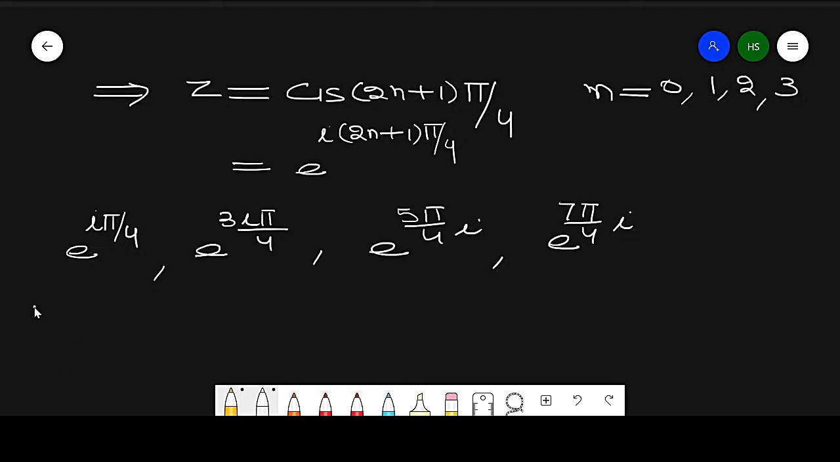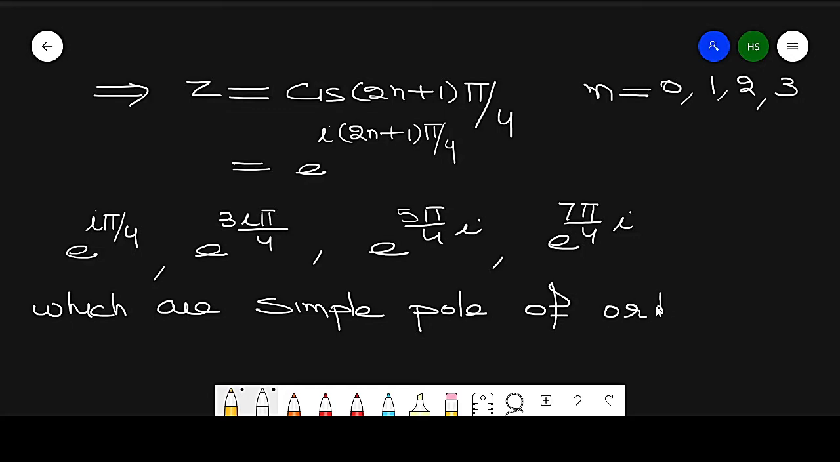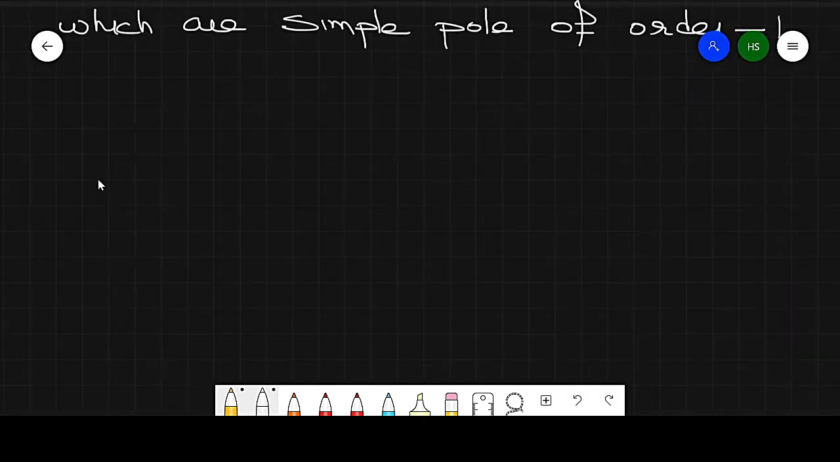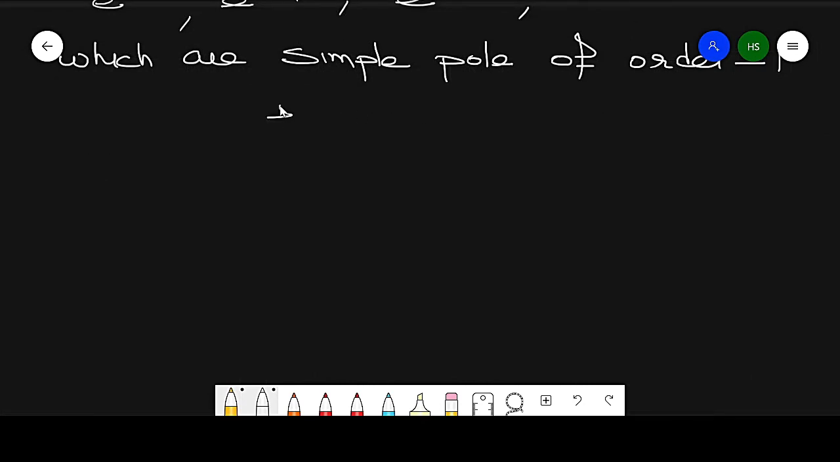So all of these are simple poles of order 1. In this way we can find the singularity for our question. Now next, I am taking the function f of z, which is equal to